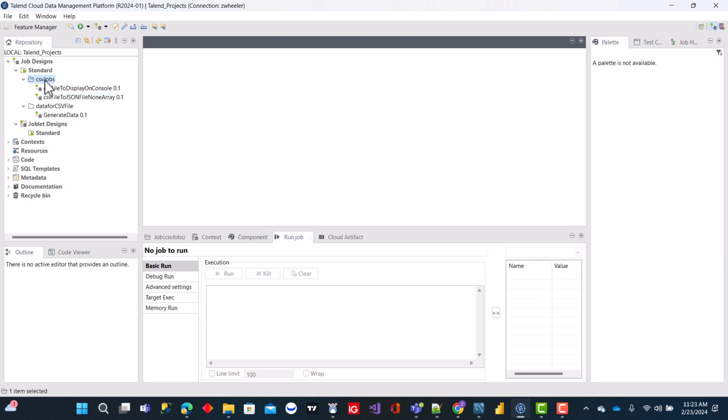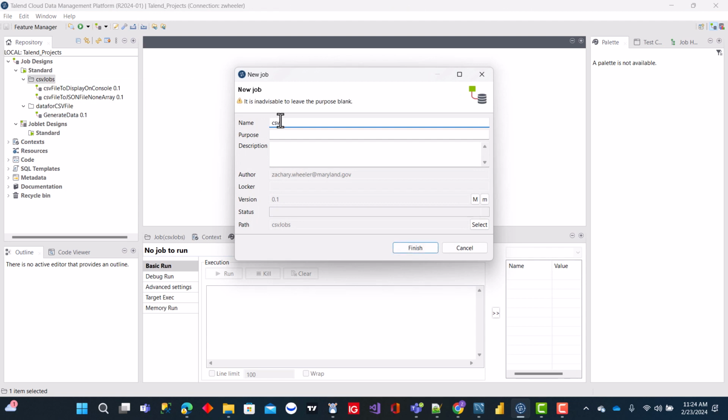So we'll go over here to the CSV jobs folder, right click, create standard job, CSV transform into XML file. Purpose: to transform a CSV file into XML. Description: use the file input delimited